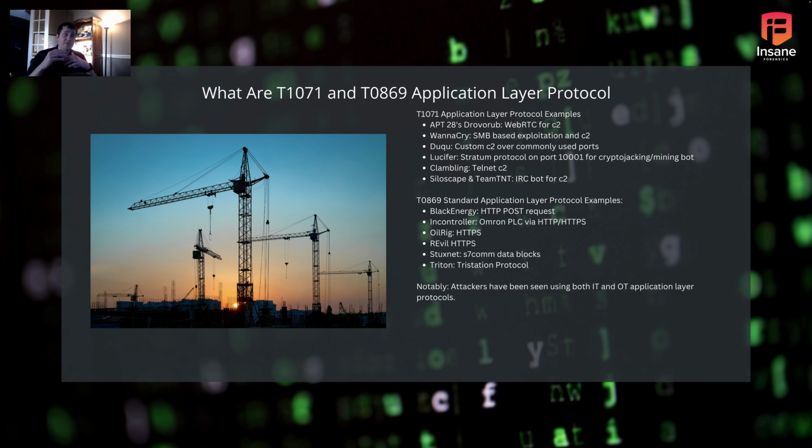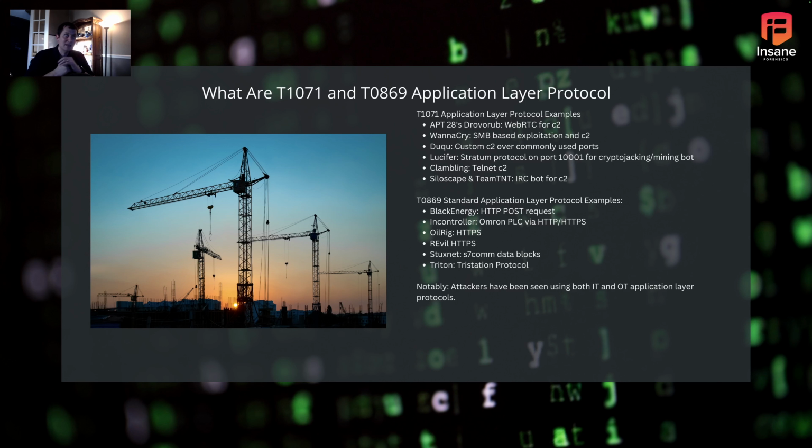But you can actually find this pretty straight out. WannaCry, right? We look at it, MS17-010, EternalBlue. We have SMB-based exploitation in C2. This is why WannaCry was so effective, right? Using an application layer protocol that oftentimes has to go between different parts of industrial networks, between different parts of